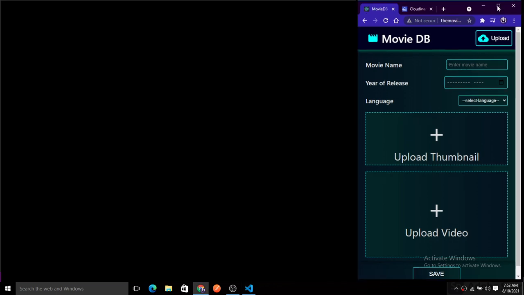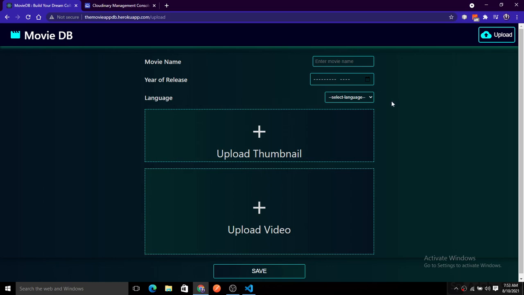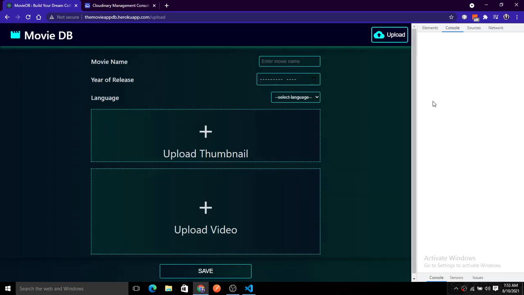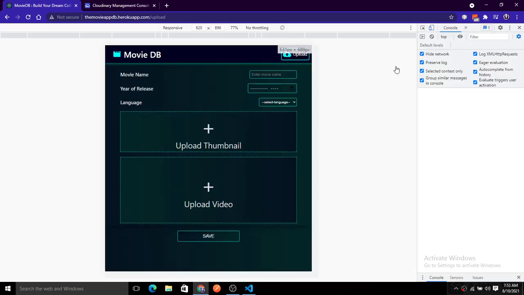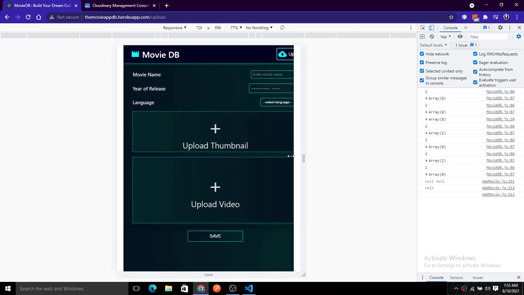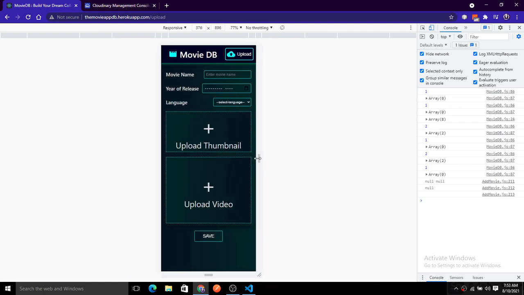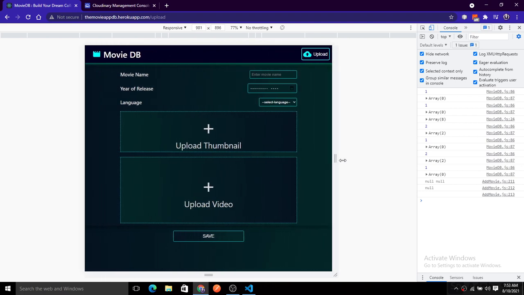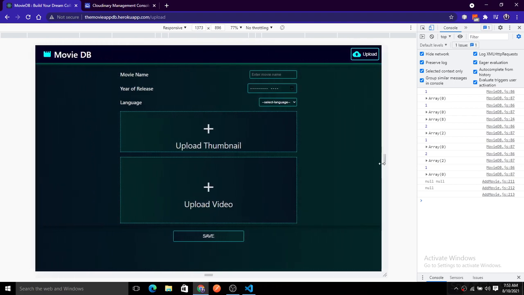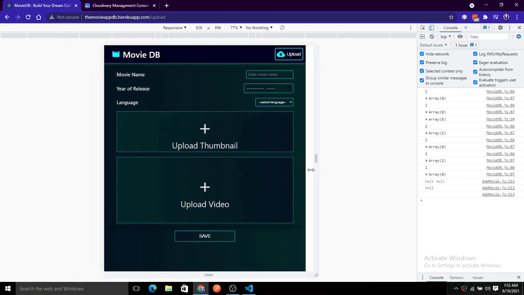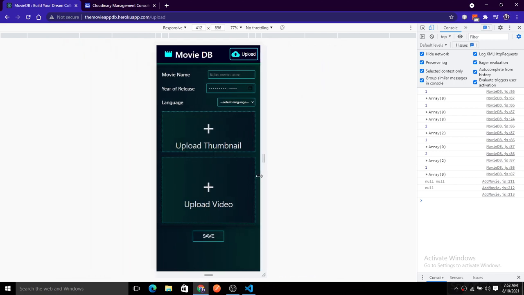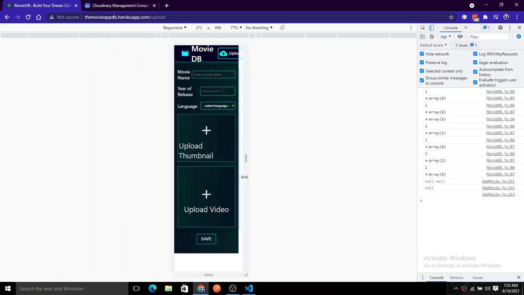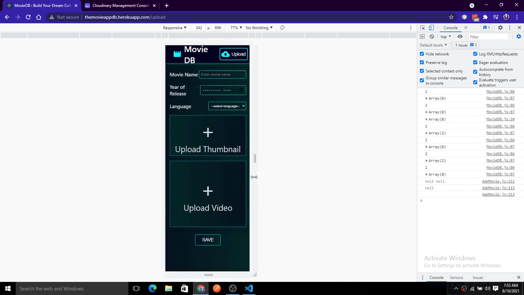And let's see the upload section here. Upload section is also responsive. We can check the responsiveness of this here. So this is how the upload section looks like. It is fully responsive for all screen sizes here. Now it is not breaking anywhere in our application here. So this is our upload section, and you can see the responsive design here, right?